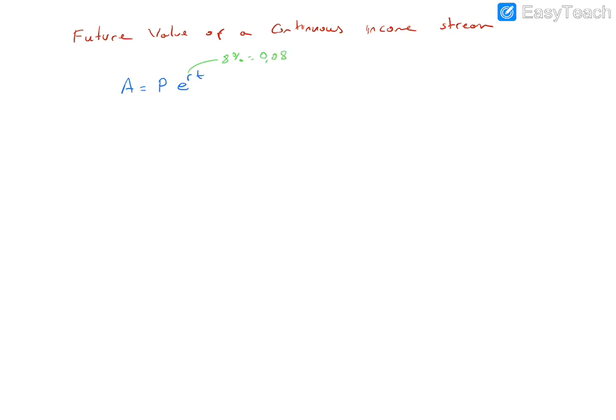For example, if money earns 8% compounded continuously, so r should be 0.08, then the future value of a 2000 investment in 9 years is, okay, you invest 2000, after 9 years your future value will be A equals 2000 times e to the power 0.08 times 9, which is approximately $4,108.87.